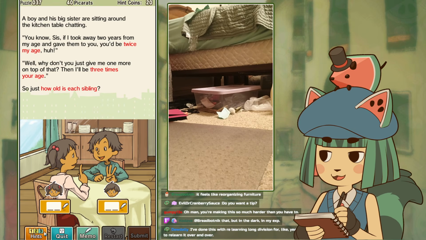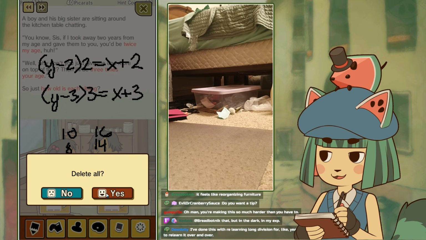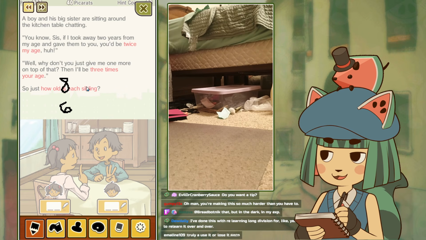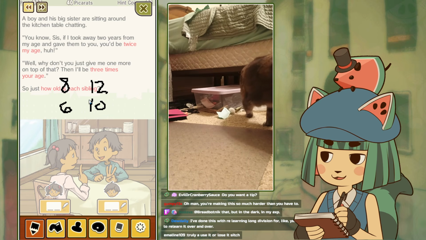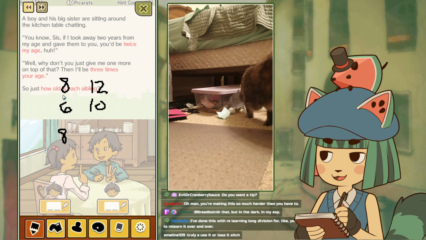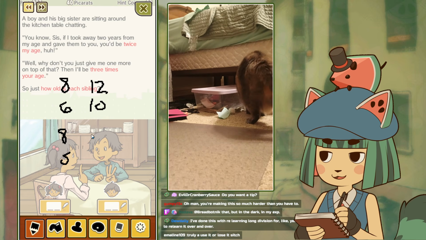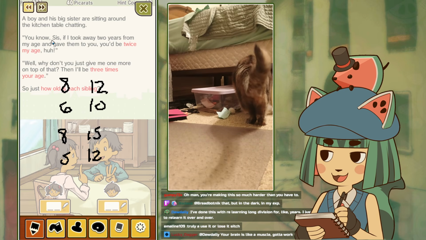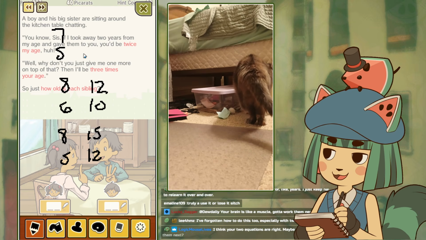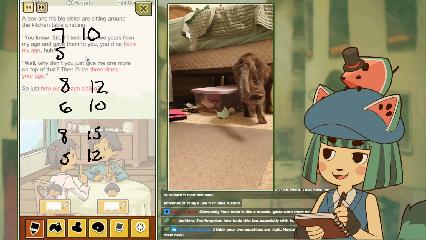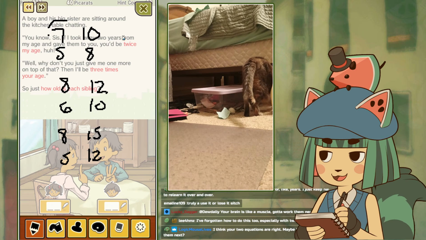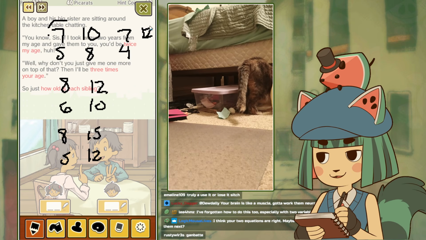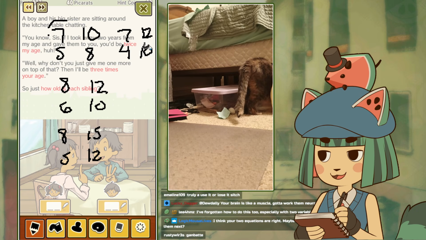If he's 8, and then you get minus 2, then it's 6, and that's 12, and then she's 10, right? He's 8 and she's 10, and then if he goes down to 5, then there's 15, and minus 3 is 12. That's not right. So if he's 7, and minus 2 is 5, and you times 2, that's 10, and that's 8, so he's 7 and she's 8. And if he's 7 and minus 2 is 4, and that's 12, and then it's 10, and then no, 9, because it's